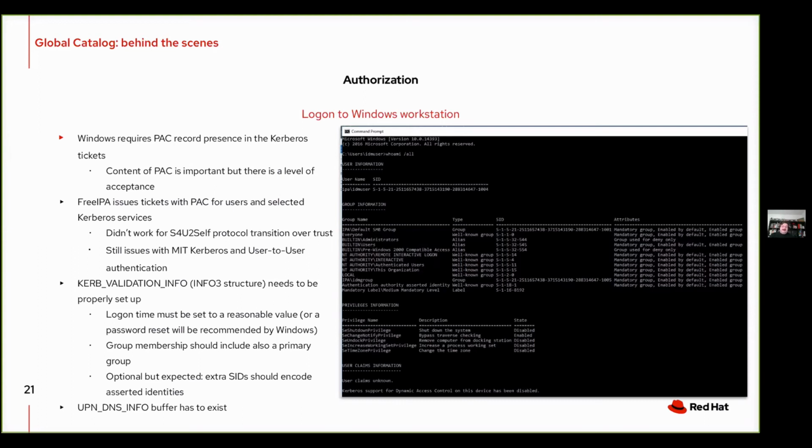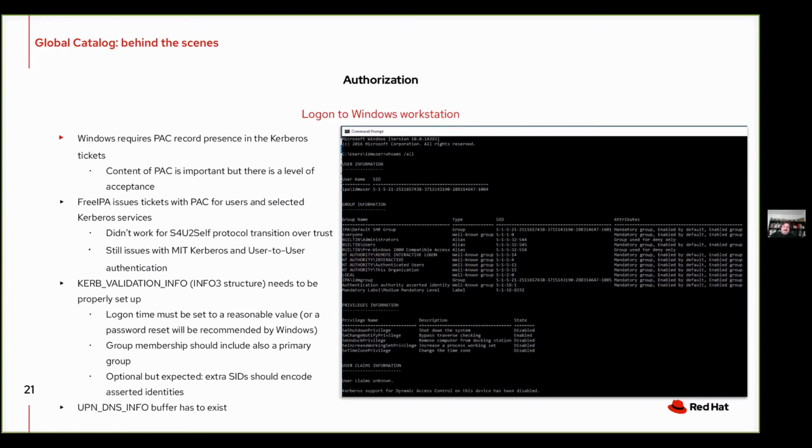And one of the bigger pieces of work for the last maybe a month or so was to fix this. So we finally fixed it. And as you can see on the screenshot, all these details are now available. So whatever you see here from the Windows view for the whoami request is basically a dump of the security token associated with the logon, which is taken from the PAC record and constructed with the PAC record.